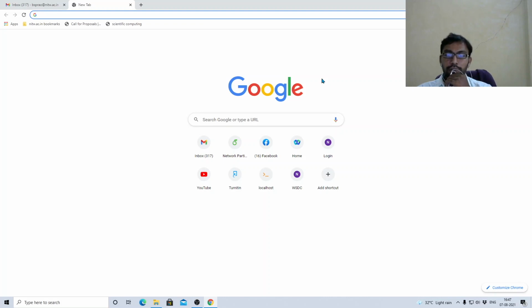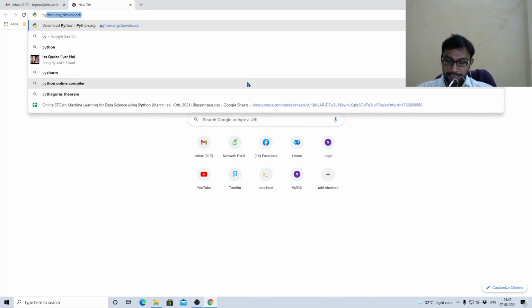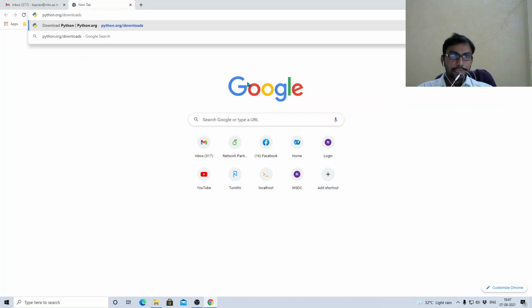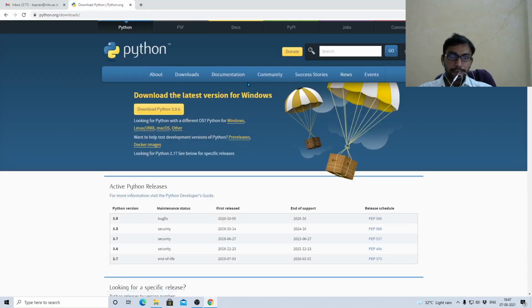So first let me tell you how to use Python. If you are using a Linux or Mac system, these come pre-installed with Python. If you are using Windows, then you have to install Python explicitly. If you want to download Python for Windows, you can go to python.org/downloads.